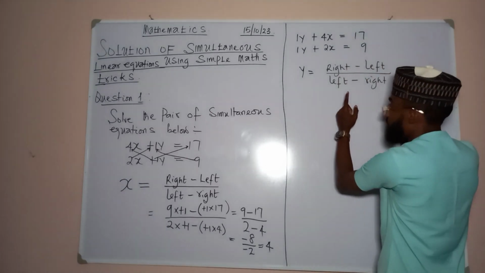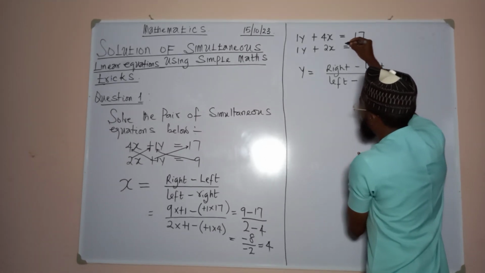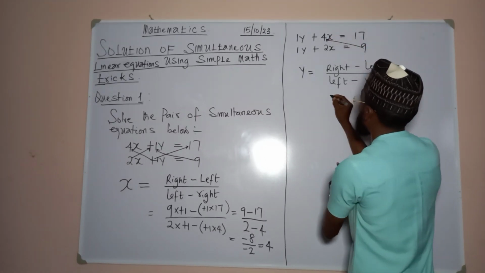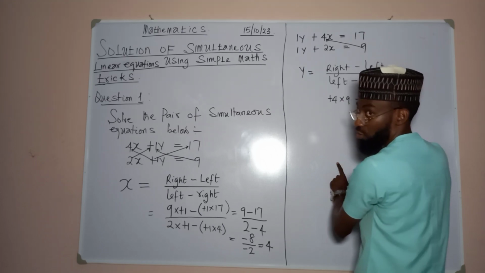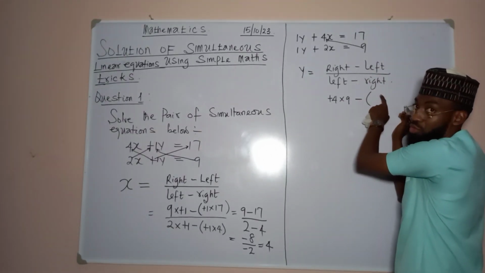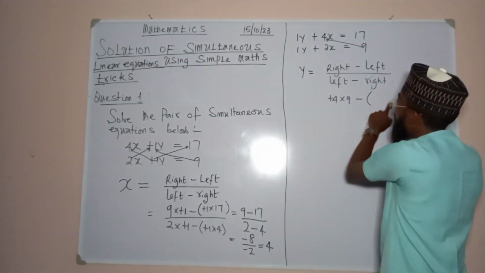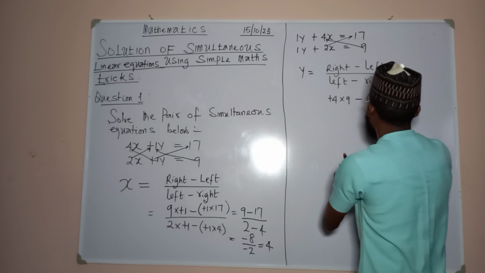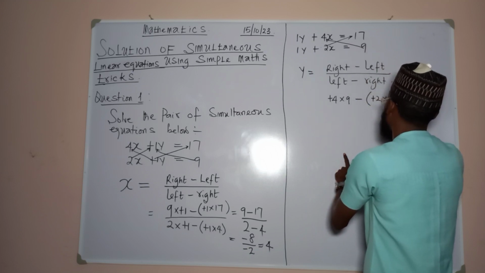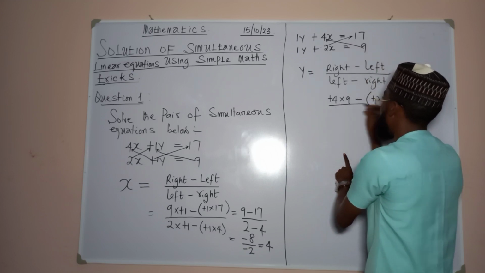Now you go back towards the right and pick the constant and the coefficient of x, which is going to be plus 4 times 9 minus, remember to always open a bracket because this minus is going to affect everything that will come afterwards. So we now have this right, we are going to have plus 2 times 17